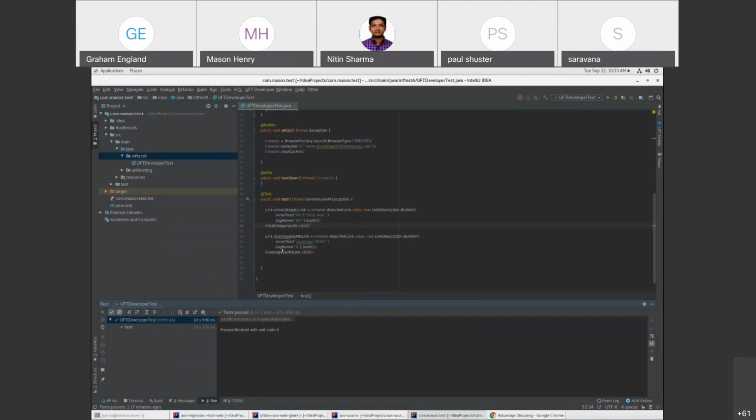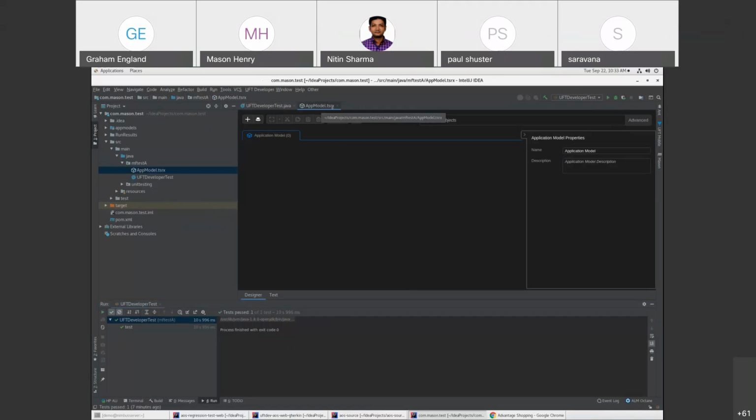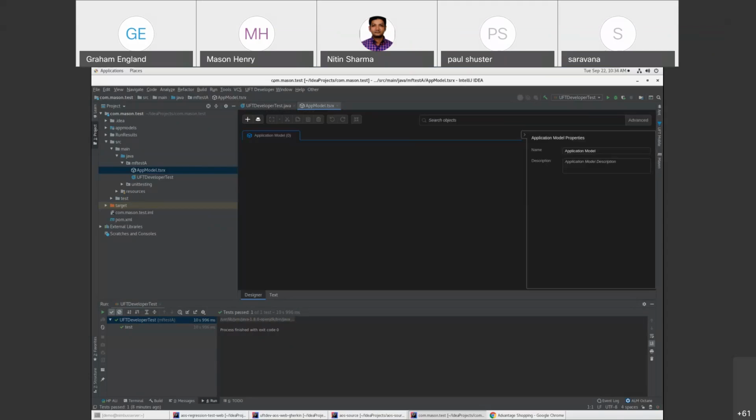We'll call it app model. And you'll actually see a new file be created called the app model with the file extension of test set repository. And I'm able to view this in both text. So I can see the XML version of the application model, again, because that's how we're storing and versioning this as code, but we provide, based on that plugin, the ability to look at it from more of a UI perspective as well. So I'm going to create a new test object,